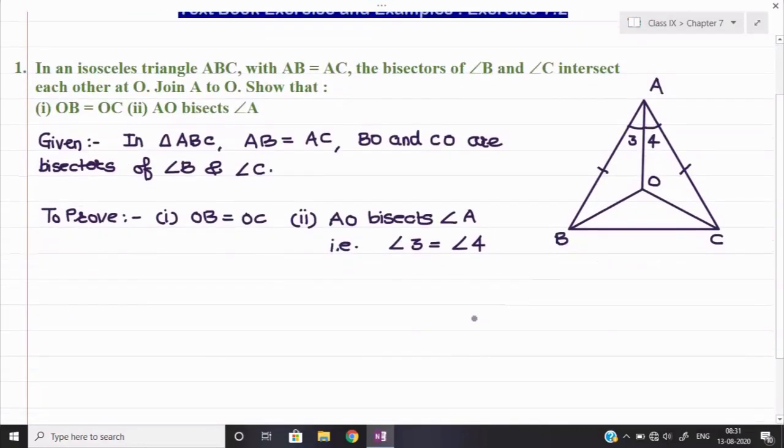So first of all, in the proof, what shall we write down? Before I start the proof, as I told you, I will take angle 1 and angle 2 over here. So this is my angle number 1 and this is my angle number 2. Okay, so let us begin now. First of all, we shall write down in the solution, in triangle ABC. See, in triangle ABC, what have we been given here?